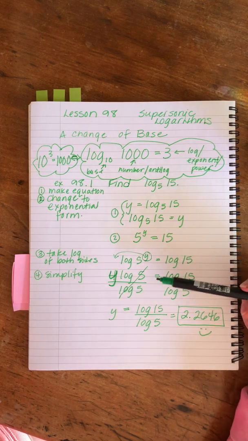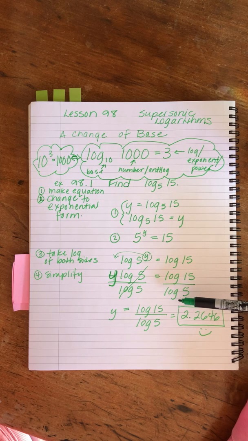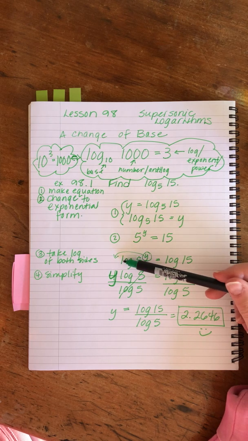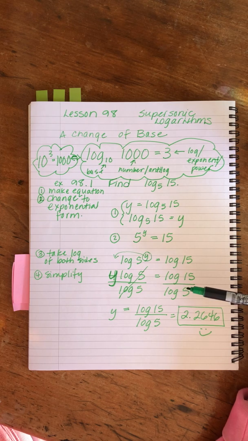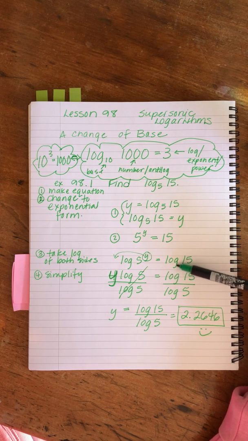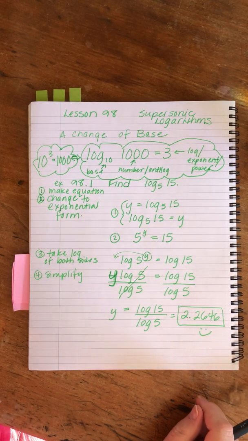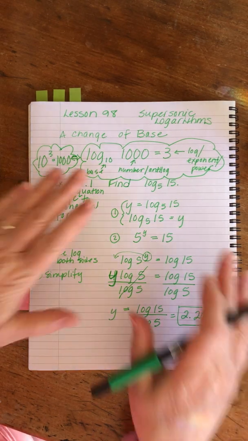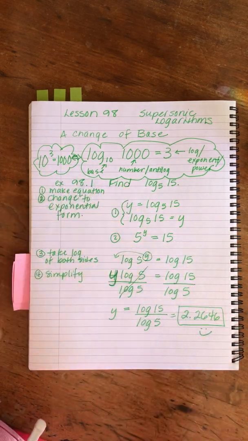John does the very same thing, only instead of using the common log, he uses e. Right, so when he takes the log here, he writes the e instead of log with the invisible 10 there, and he gets the very same answer. So you can do it either way, it will be fine. All right, so that's how we can change the base of a problem to make it fit into the buttons